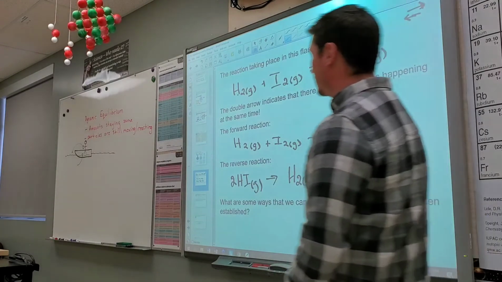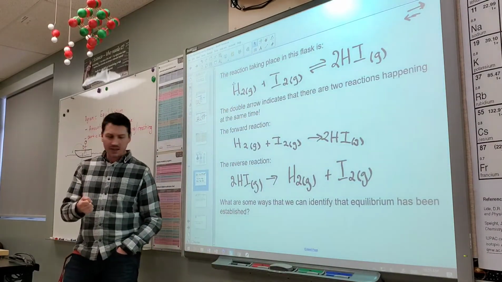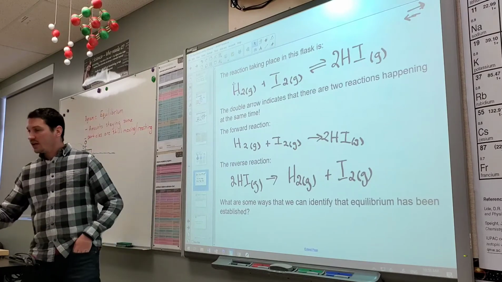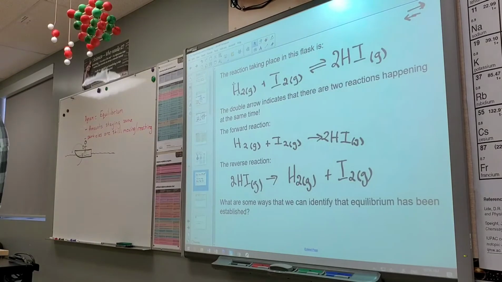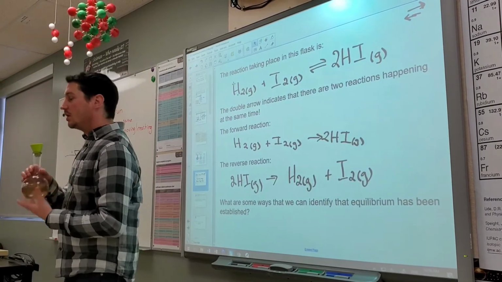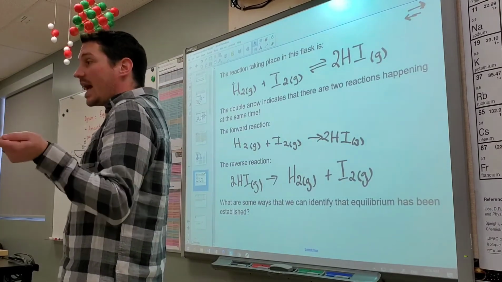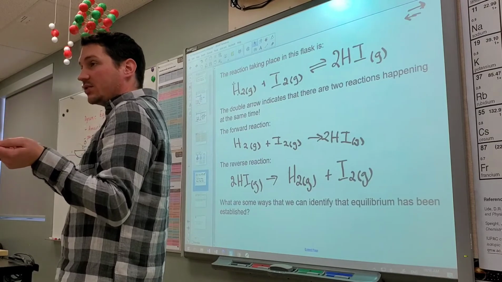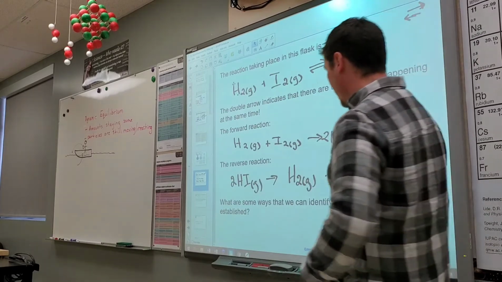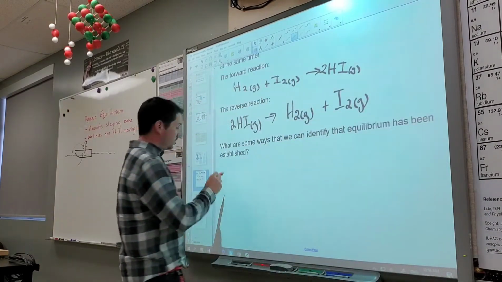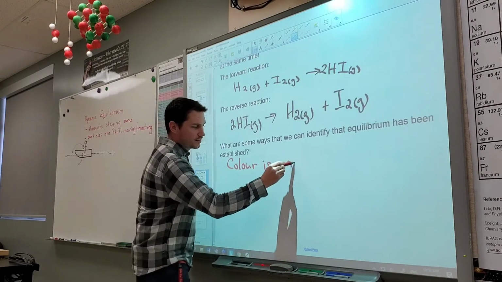Okay. So this last question is, what are some ways that we can identify that the equilibrium has been established? Think about this. What was the main way that we identified that equilibrium was established in this reaction? Yeah. So as the color was changing, was that equilibrium? If the color is still changing, is that an equilibrium? No, it means that we've got different amounts being formed, right? Once the color is constant,